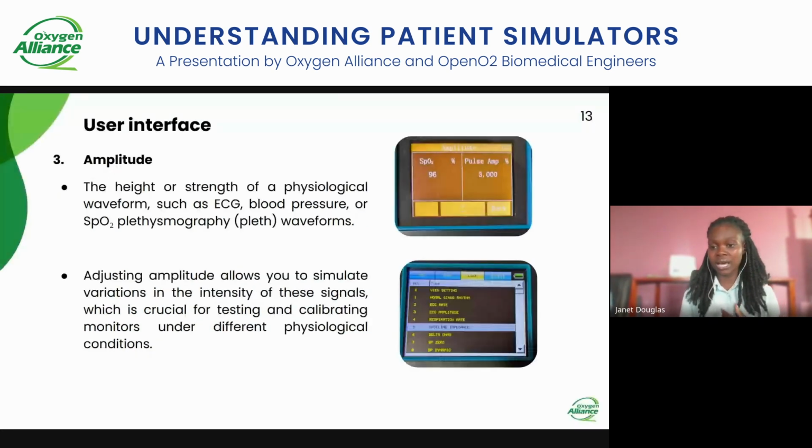And also you will see amplitude. Amplitude is just there to check the height or the strength of a physiological waveform, for example an ECG or blood pressure. This is important because it allows you to check different conditions. If you increase amplitude, it will bring in some noise in the signal. And if your monitoring device is still able to give you the recommended results, whether you increase or decrease the amplitude, if it's still giving you the same results,